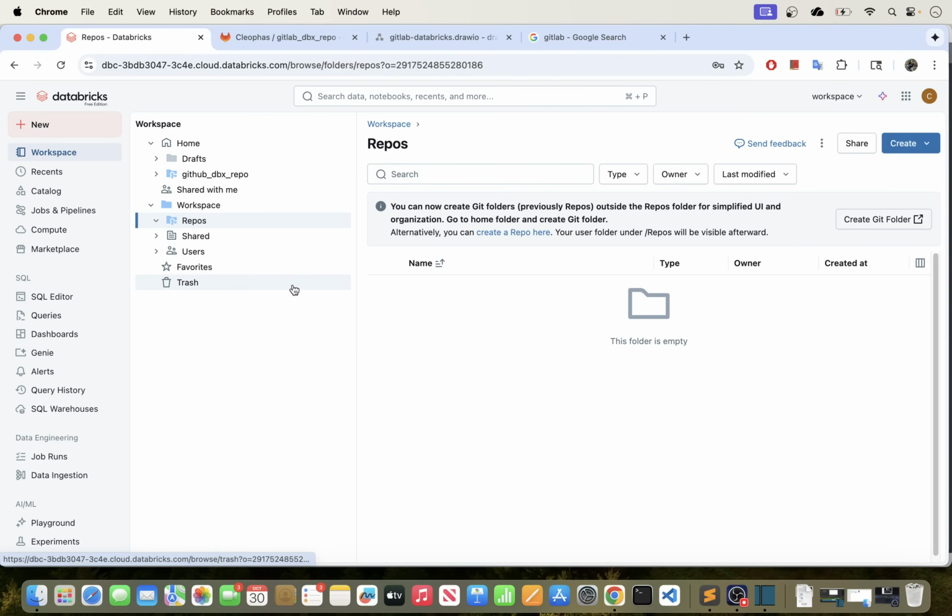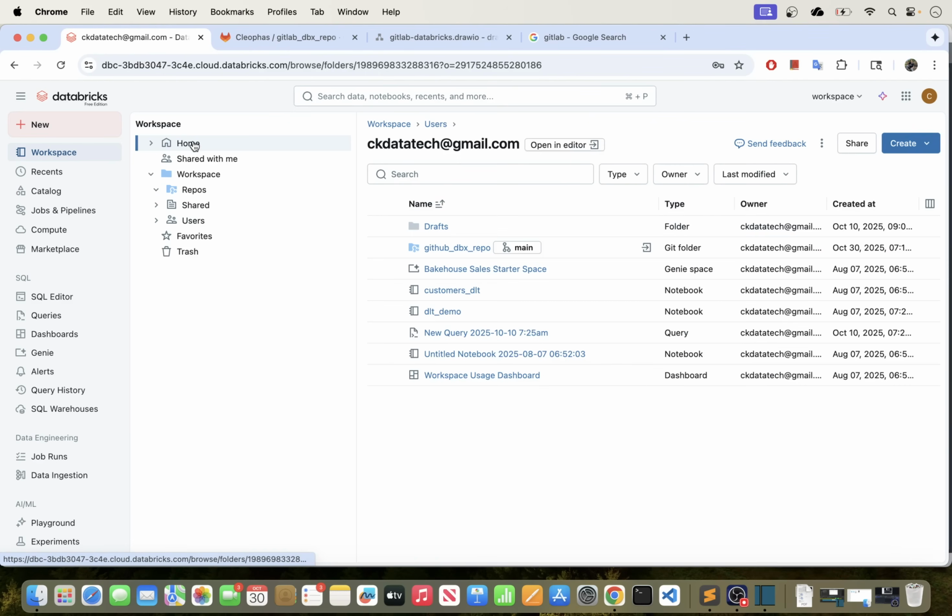And it tells you here, go to home folder and create Git folder. So basically what it's asking you now to do is, instead of doing it within this repo, now you can go to your home here and create Git folder. And if we expand here, you will see some of the other repos that we have, right? So we do have GitLab Repo here that we previously cloned, right? So now let's clone a